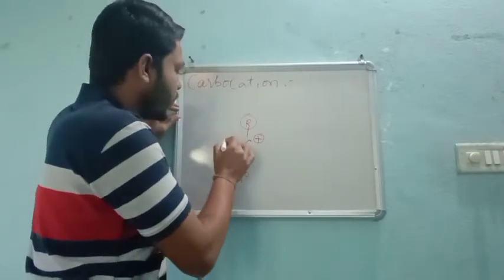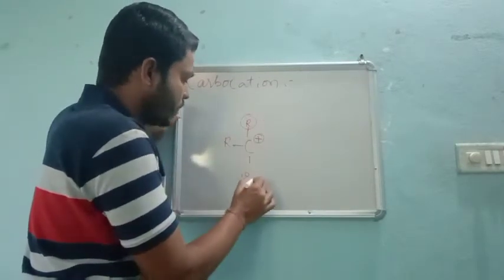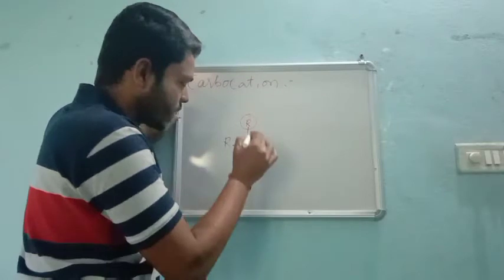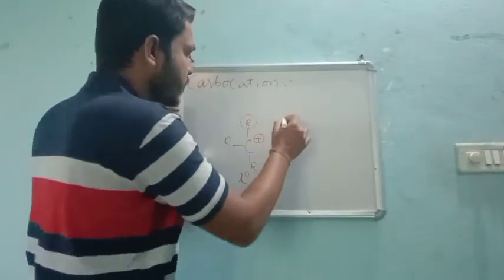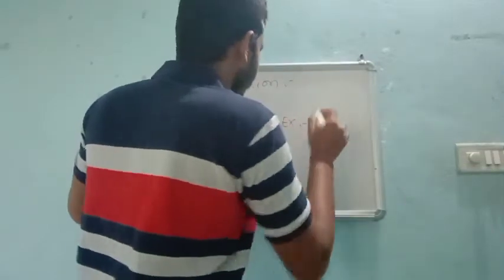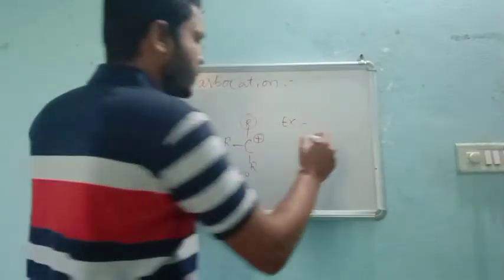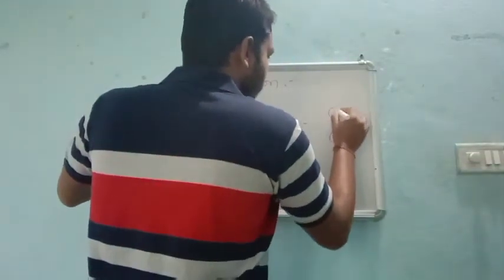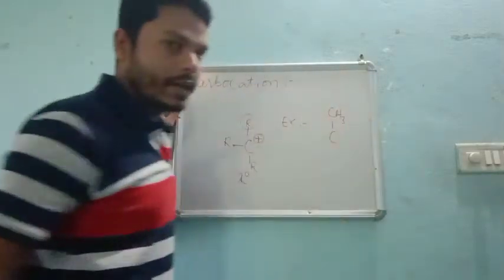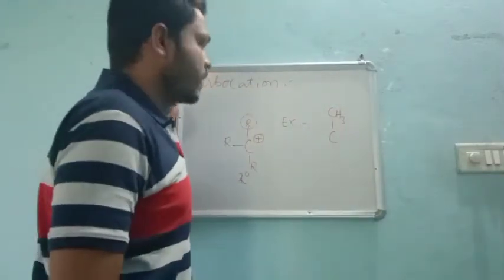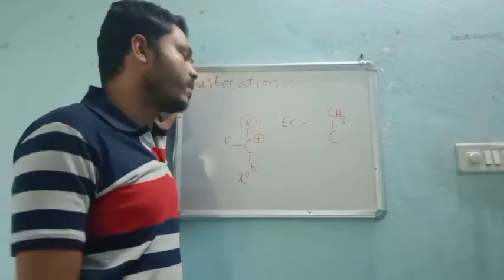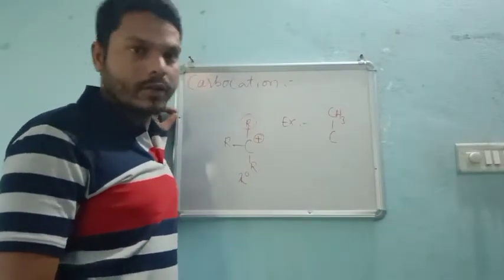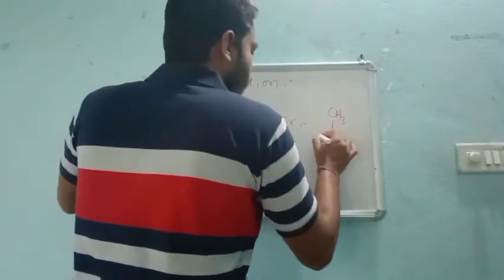The same way, if there are two, then it will be secondary, and so on. I will show you by writing an example. That will be very clear. So alkyl means we already know what alkyls are, right? Alkyls means CH3, C2H5. That means one less hydrogen compared to the alkane groups, and